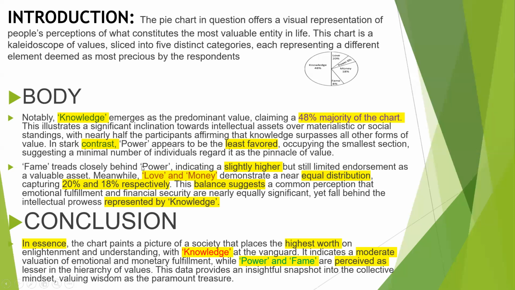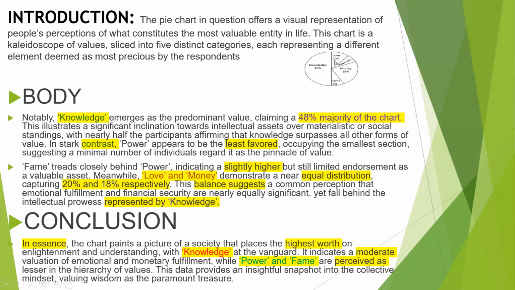Fame trends closely behind power. So the next least one is the fame. So you are highlighting, indicating slightly higher but still limited endorsement as a valuable asset. So in the asset part, knowledge is the highest, last is the power, next last is the fame, but